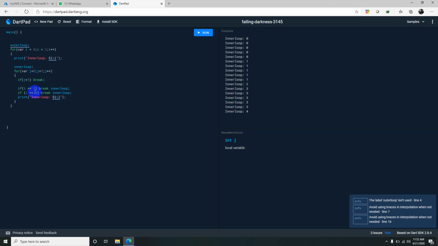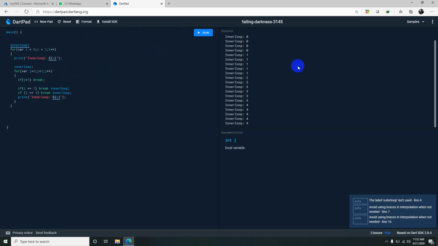So whenever j is equivalent to 4, it should break. It will never break actually.